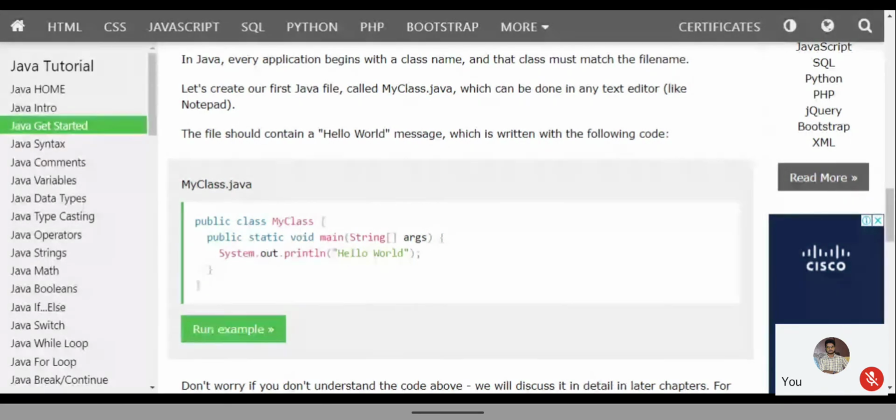We have to give that one so that the system can understand. And we have already talked about input and output devices. In the same way, I need something to be printed on screen. That is output, which means you have to see it. That's why here it is System.out. And which one has to be printed? A message has to be printed. So that message will be hello world.